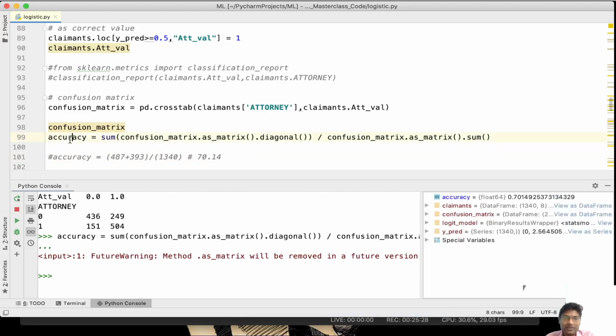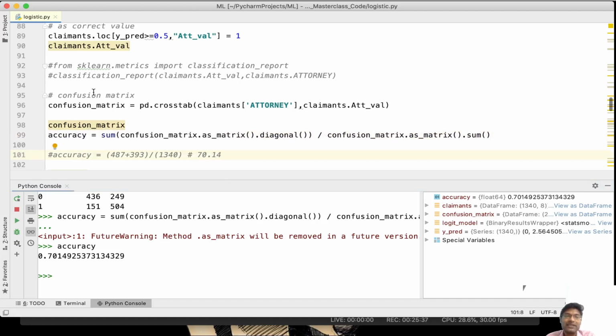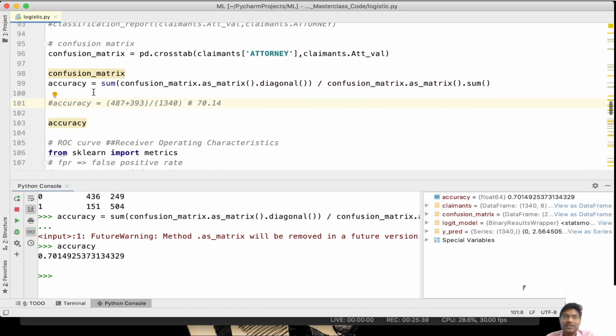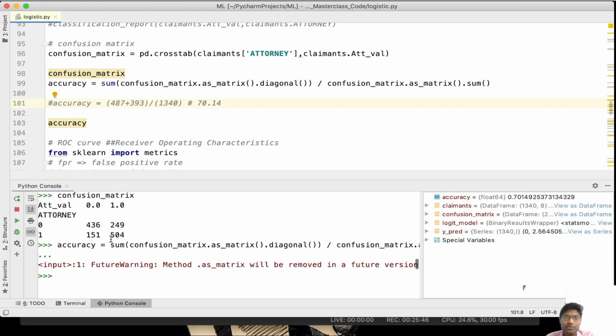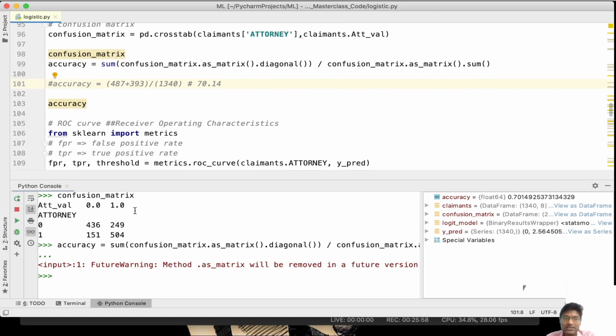Once the accuracy is calculated, I can print it and see the output. So 0.7014, that is 70.14 is the accuracy of this model. This is our understanding after calculating the accuracy values. But there are other meanings attached to the false negative and false positive. So let's understand that after looking at further examples or refinement. False positives and false negatives also give us certain other clues.